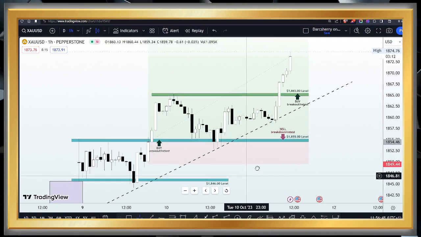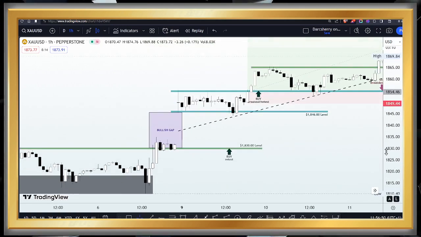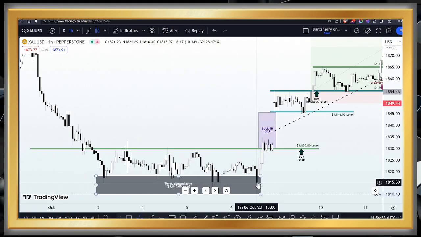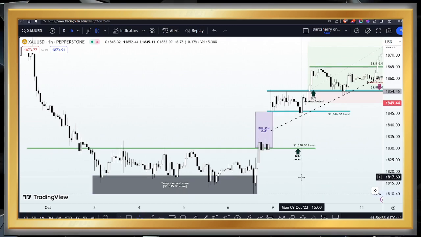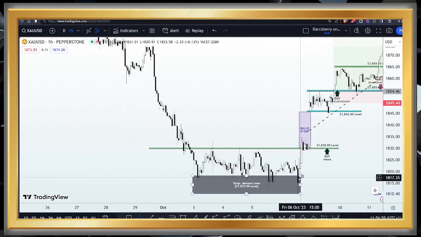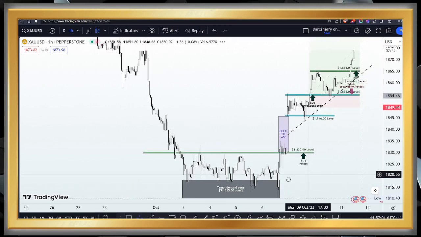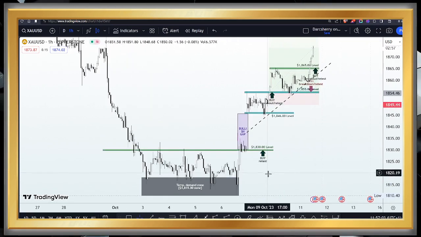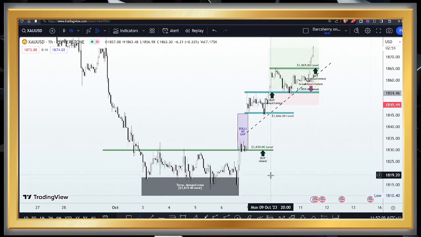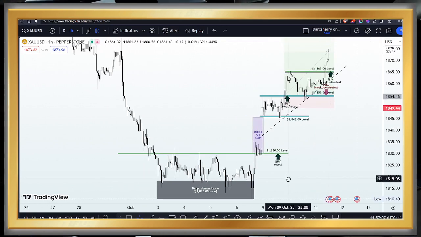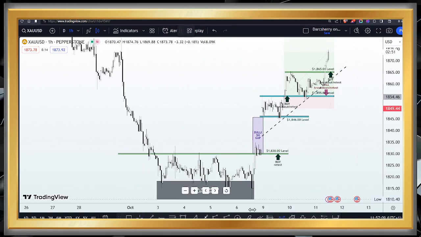Now, before we go into the details of what happened, I would like us, for educational purposes, to run through how the week started for us all and what led to the decisions we made so far this week. Now, during our live session on Monday, we acknowledged a potential reversal pattern, and despite the strong bearish momentum in this market, of course, we know how the market has been on a strong bearish move in the last 3 to 4 weeks, which we of course took advantage of as well.